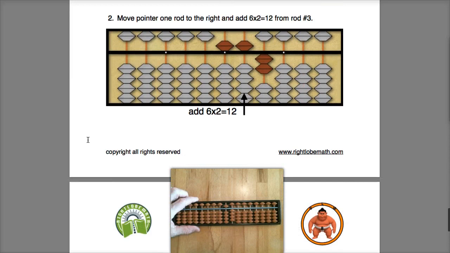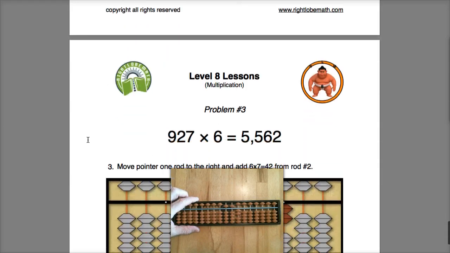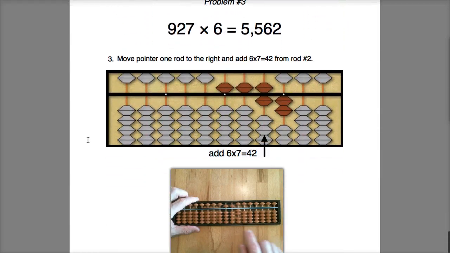Then I'm going to move 1 rod to the right and multiply 6 times 2, which is 12. Okay, I add 12 to the Sorbonne. And then finally, I'm going to move 1 more rod right and do 6 times 7, which is 42. That's a 5 pair, add my 2, and here I have a final answer of